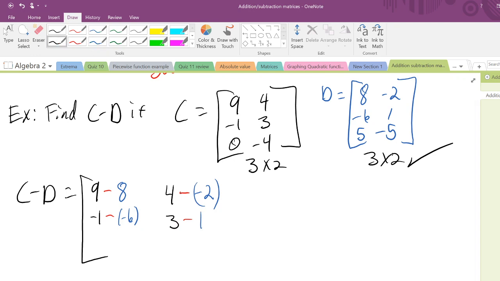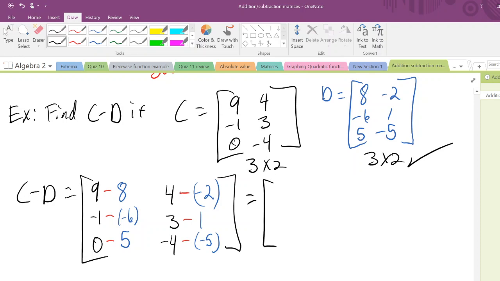Then I have 0 minus 5. Then I have negative 4 minus negative 5. Alright, so remember, a minus and a minus turns into a positive, so 9 minus 8, that's just